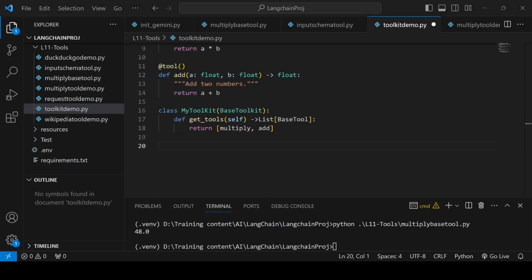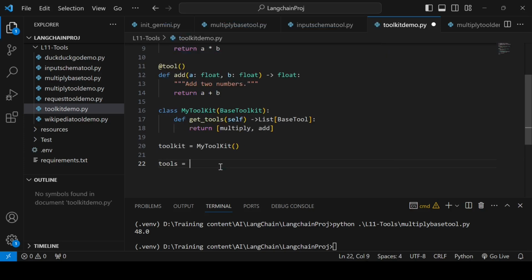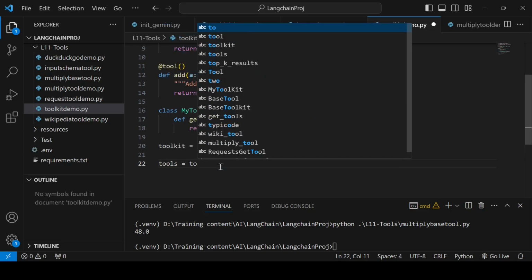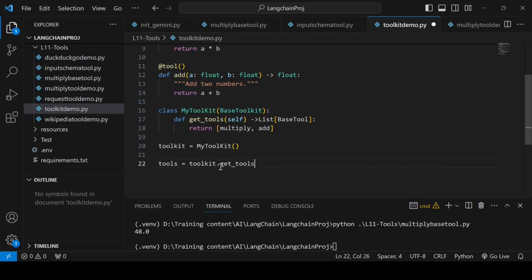Now I can use it by creating an instance of this class, my toolkit. Then I can call this method to get all the tools: tools equal to toolkit.get_tools().